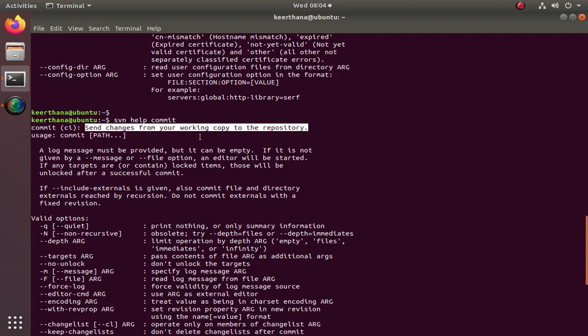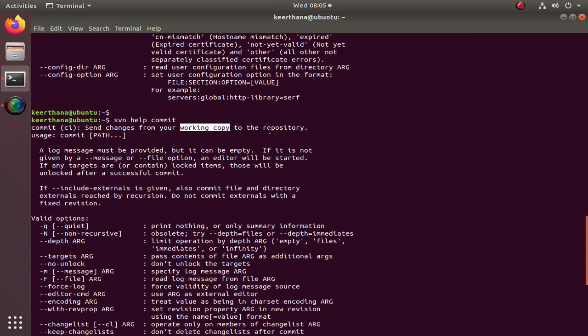There are two important things in version control: the working copy and the repository. The repository is similar to a server where you store all your files. The working copy is like your client or local system.